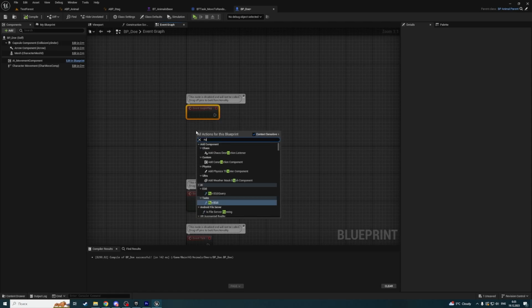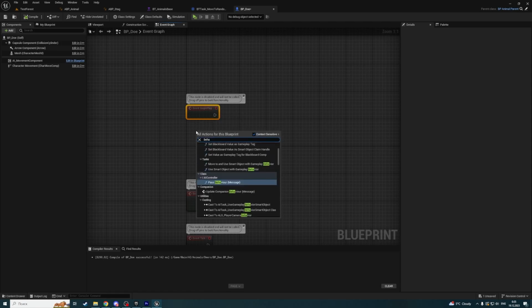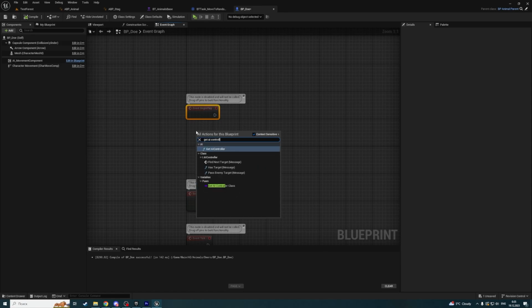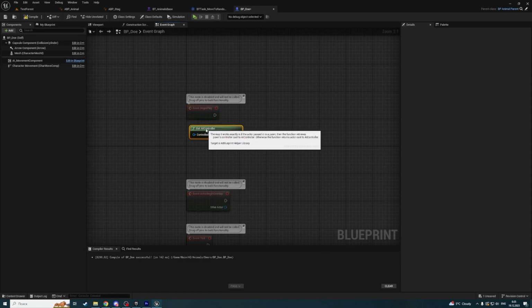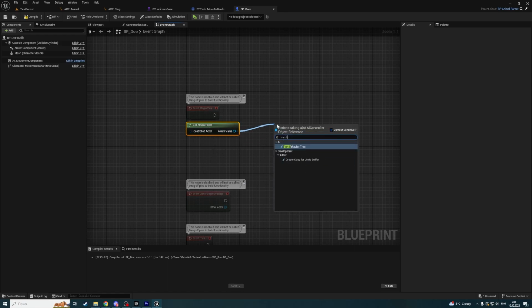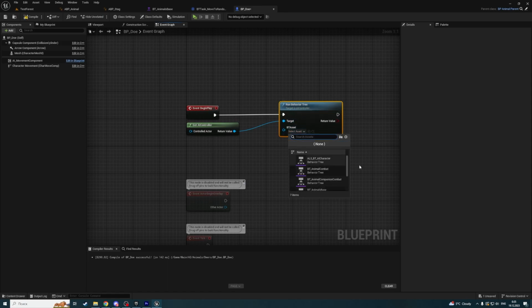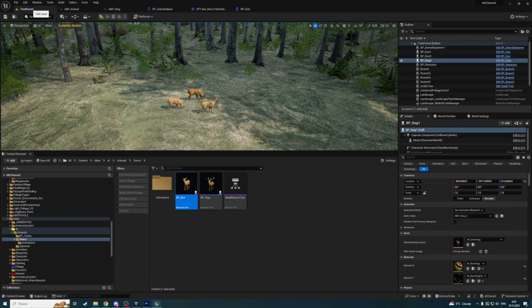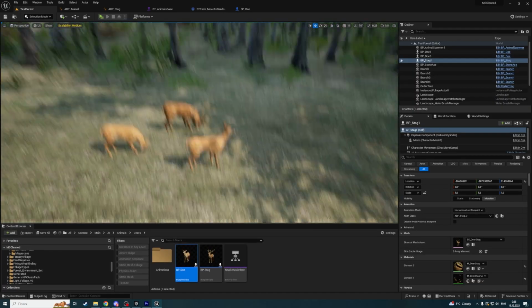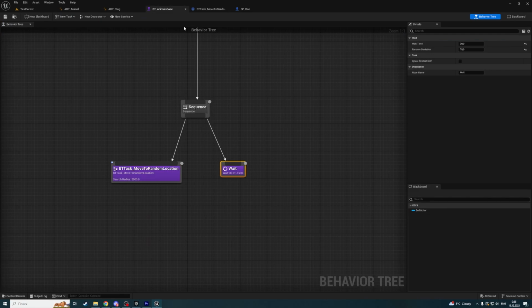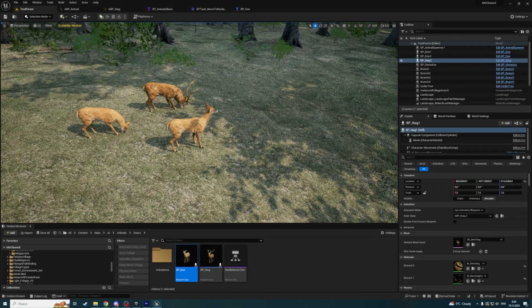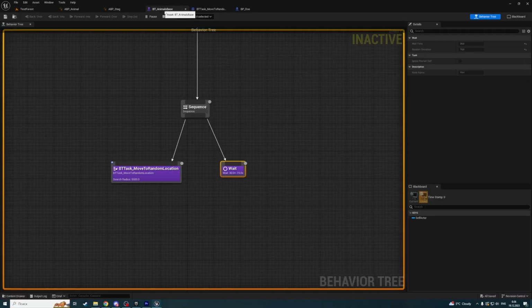So let's call run behavior. Okay, let's first get AI controller and call run behavior tree. And we have to select our behavior tree. And it is BT animal base, like this. So after that, we can expect that our DAO will run this animal base, and let's start,